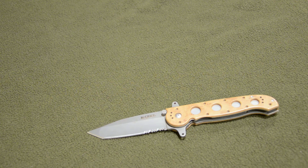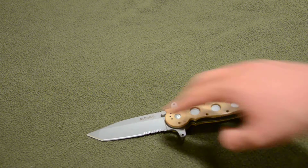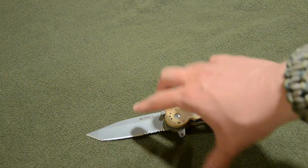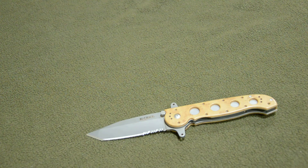So, something like this, I mean, they want tactical, they need to fix the balsa wood finish and get a different finish on the blade as well. Maybe, like, I always prefer the black anodized finish because that resists scratching and resists rust better than anything else, so I'm usually a sucker for that. The only other thing really worthy of note on this knife